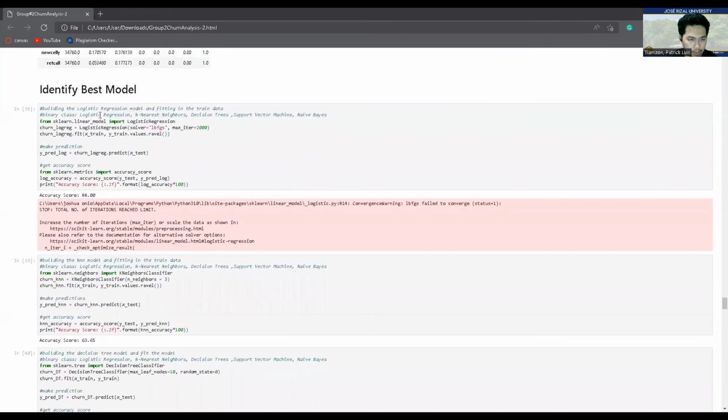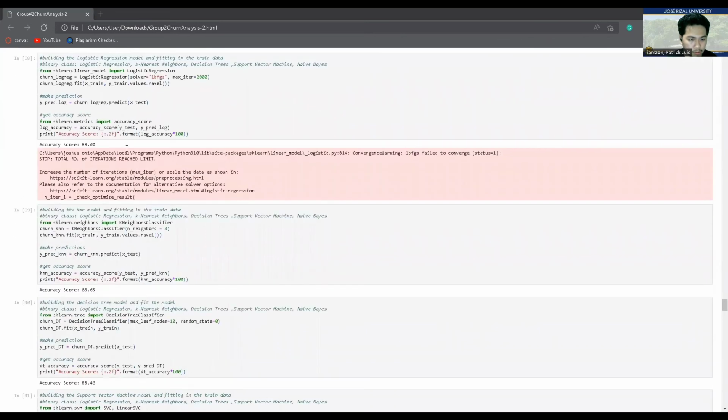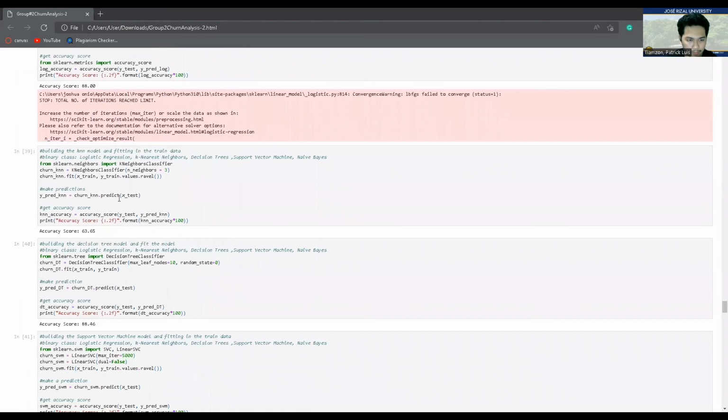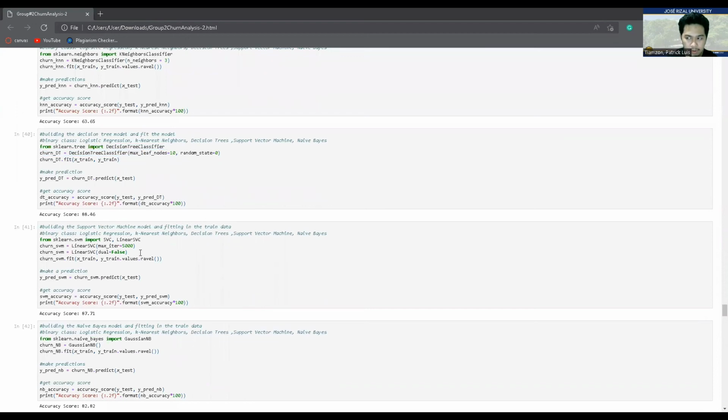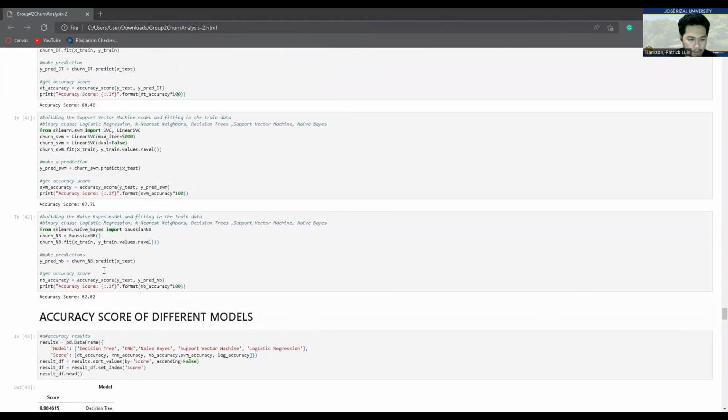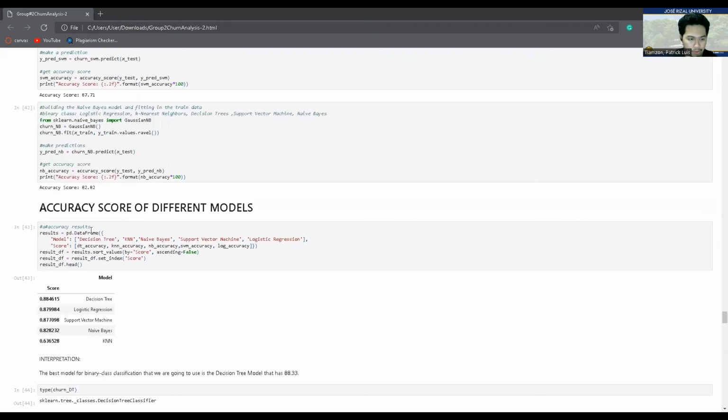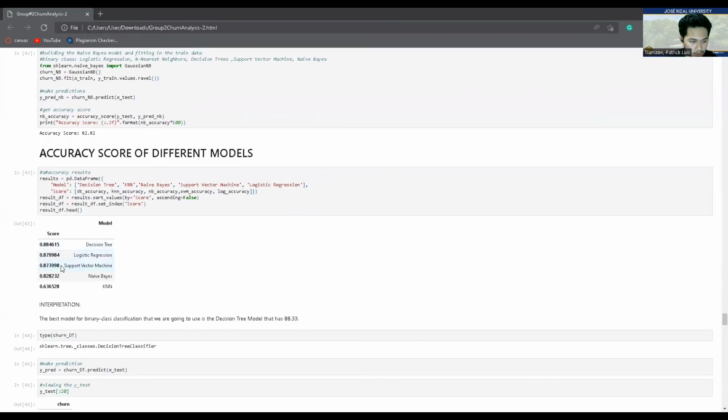We also get the accuracy of logistic, KNN, decision tree, the support vector, and then the naive Bayes. So as you can see in this part, the highest that we can get is the decision tree. So we simply get the best model for this data set.